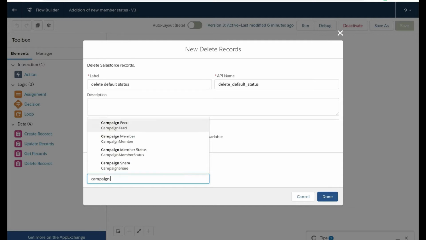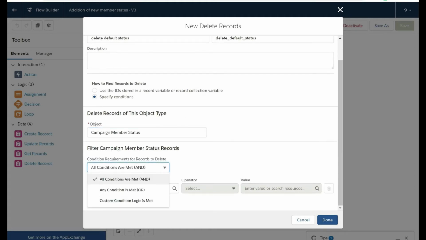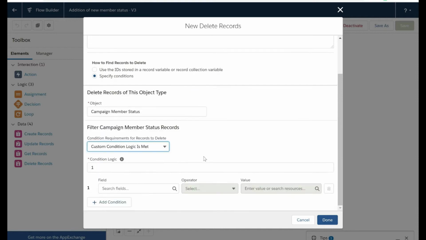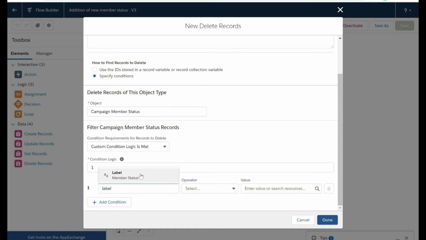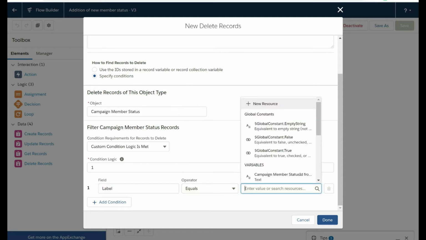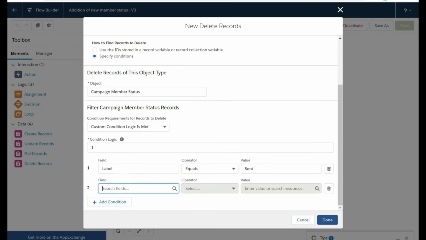We're going to take campaign member object, campaign member status object, sorry. We're going to choose it when the custom condition logic is met. We are going to specify the condition here after putting the field and the respective values. So we're going to specify here when the label equals sent, or this next condition is when the label is equal to responded,